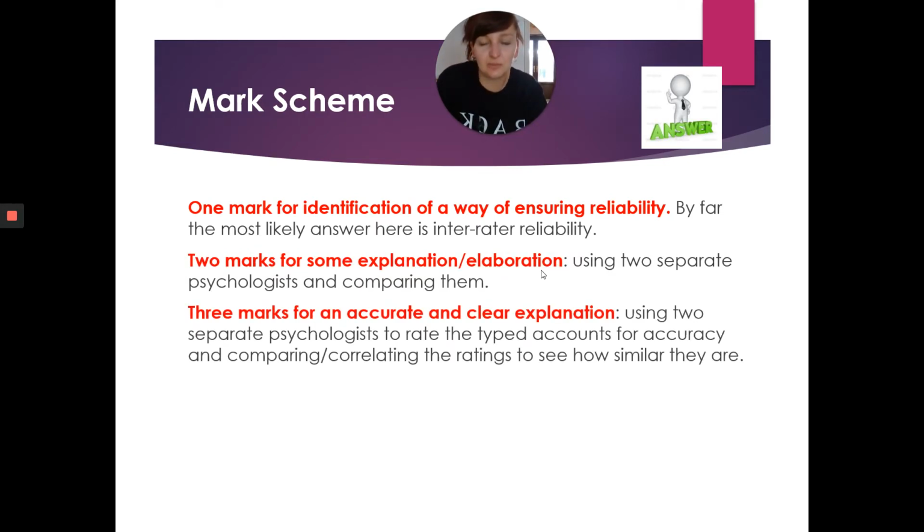So using 2 separate psychologists and then comparing them on that use of method. 3 marks for an accurate and clear explanation. So using those 2 separate psychologists to rate the typed accounts for accuracy and comparing or correlating the ratings to see how similar they are. So you get 4 marks for bringing in the fact that you have to run a correlation in order to